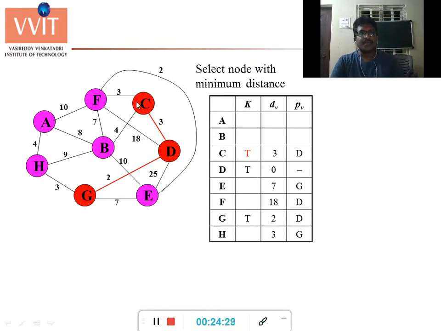And these 3 are the adjacent nodes for C. So I will update this table. So see here 4 and here it's 3. I have updated. Now we have an edge here, that is H to G, which is minimum cost. So we will pick this H to G because it's 3.